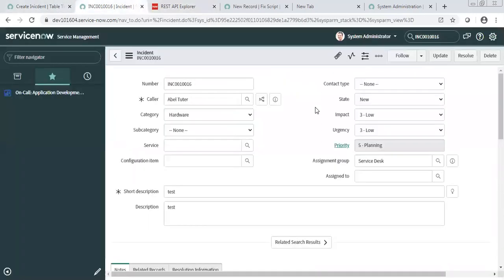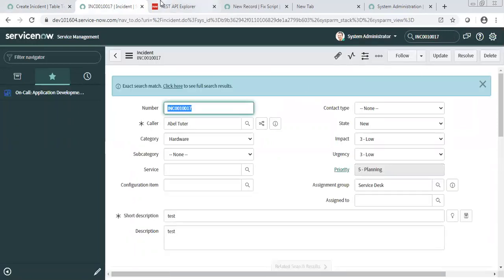Have we selected any priority at the top?